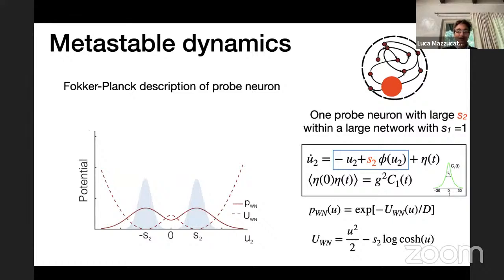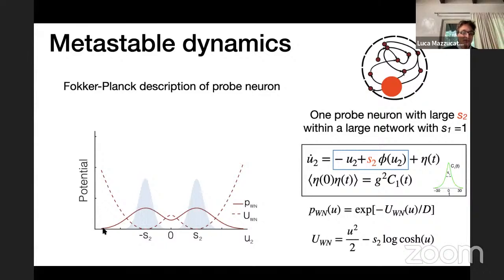And okay, you might think, we have a Langevin equation. Let's study the Fokker-Planck description for this to capture the distribution of values and also the transition times. It turns out that if you use the naive Fokker-Planck equation that you get from this, but with white noise, where this was not the actual self-consistent mean field but just white noise, then this doesn't work. What I drew here is the histogram of the values of the activity of this probe neuron in blue, overlaid with the solution to the white noise Fokker-Planck equation, and you see that it's completely wrong.